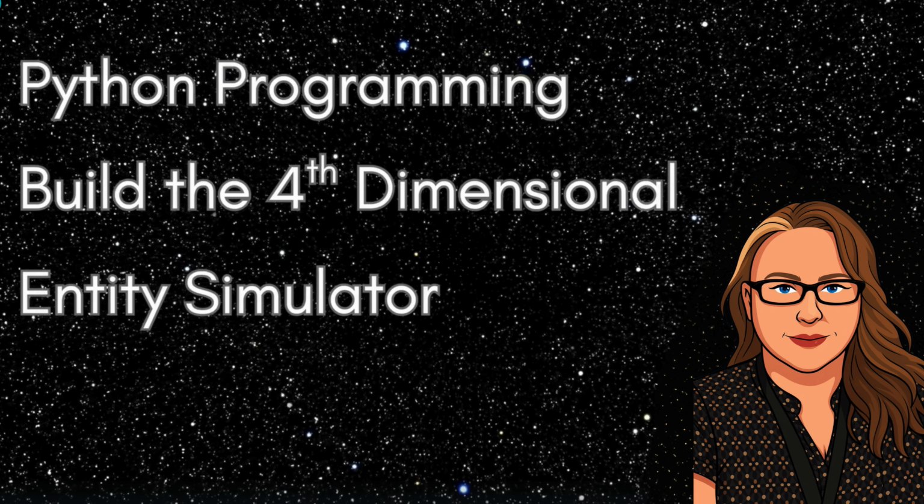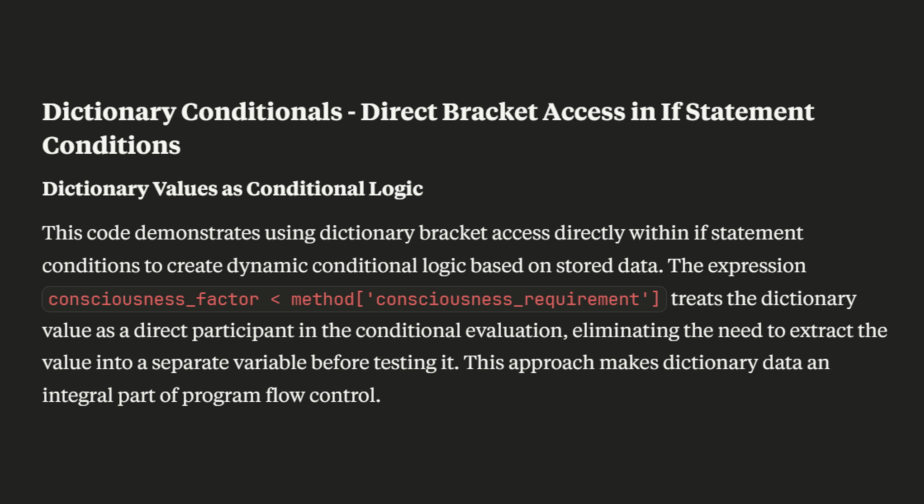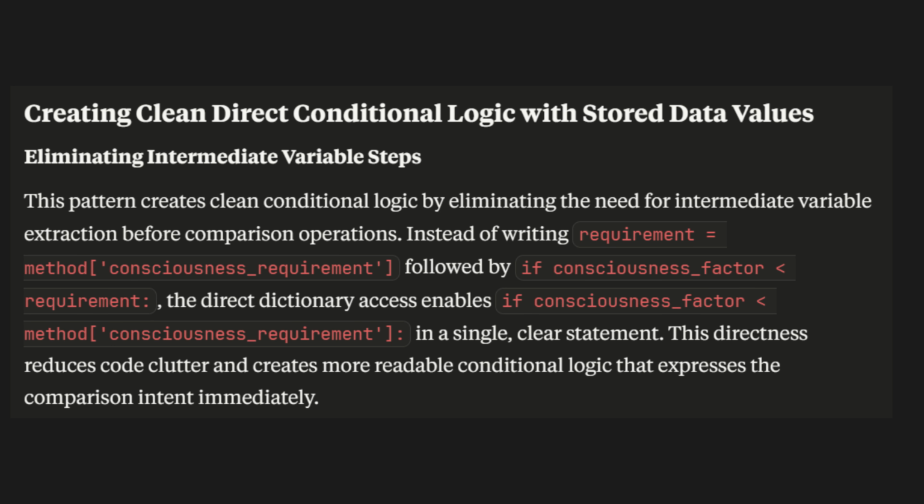Moving into our consciousness requirement validation with this conditional statement here, we see if consciousness factor is less than method, we've got our bracket and consciousness requirement inside of that, and then of course the colon that comes at the end of every if line. We're demonstrating dictionary conditionals here, using dictionary bracket access directly in if statement conditions, creating clean direct conditional logic that